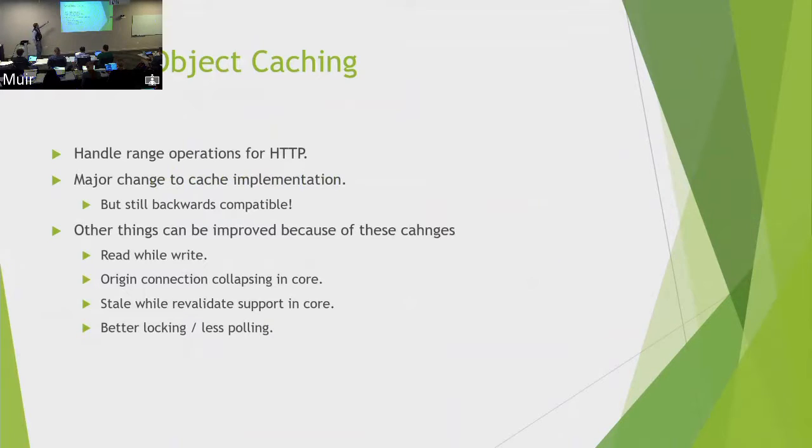The basic thing, you want to be able to handle range operations for HTTP. And this means fully handle. Right now what happens is you can serve ranges if you've already preloaded the entire object. What I want to do is to say, if you just request ranges, we can handle that. This involves major changes to the cache implementation, but we're still going to be backwards compatible. Be very careful about that. You'll be able to load this and keep running on your old cache. You won't be able to go back, though. Once this starts writing stuff to cache, it's going to be a format that the current stuff won't be able